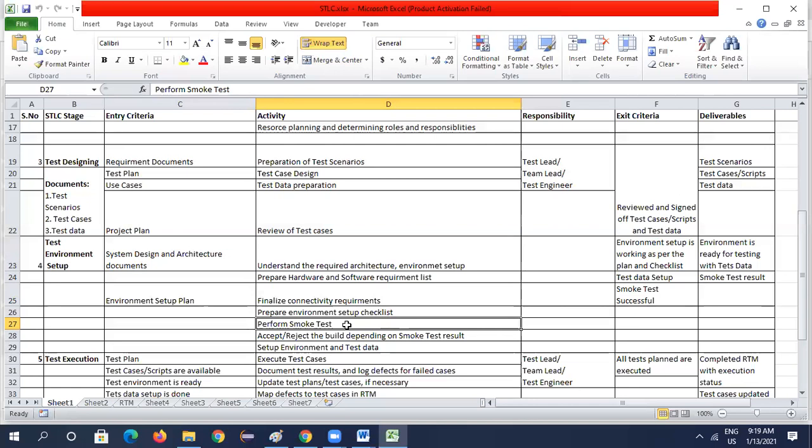What is the definition of smoke test? What is a smoke test? Can anyone answer? It's ad hoc. When a build is ready, we'll go for a smoke test to test whether the application can be tested further. Basically performed to check the stability of the application.